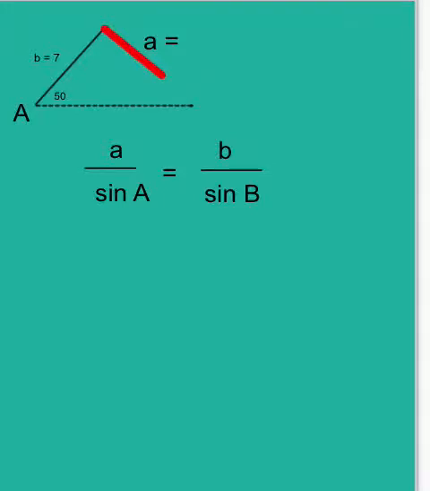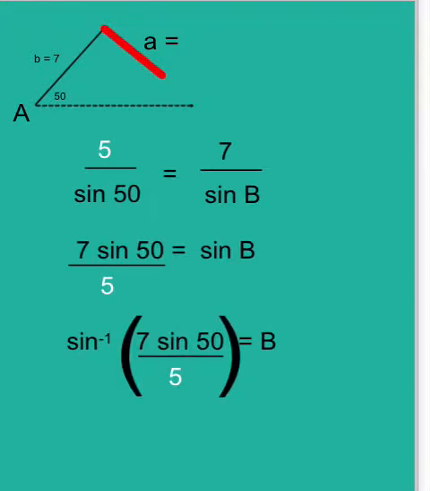Let's demonstrate the ambiguous case for the law of sines. First of all, we have a triangle here. We have both angle A to be 50, and I'm going to start with side A being 5. Well, if we start to solve this problem,